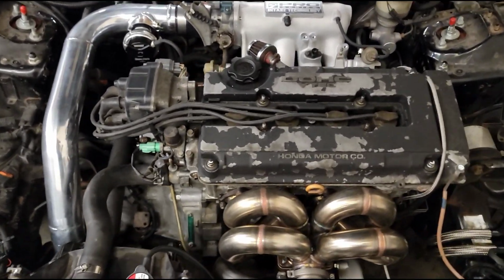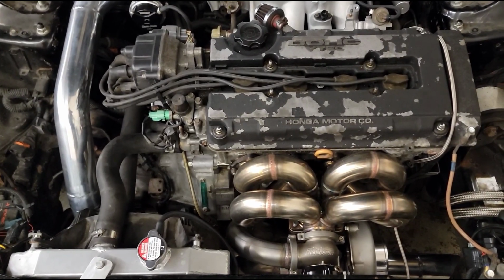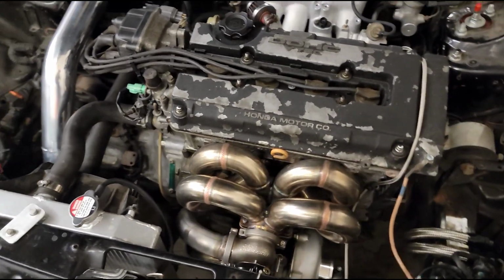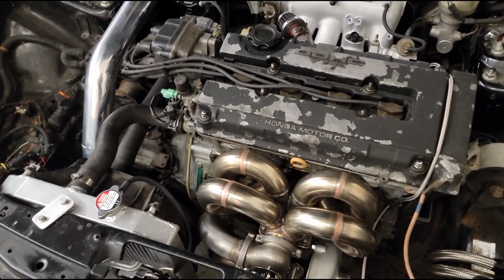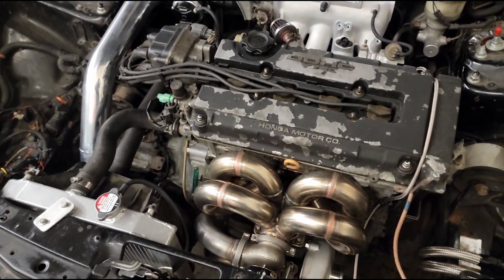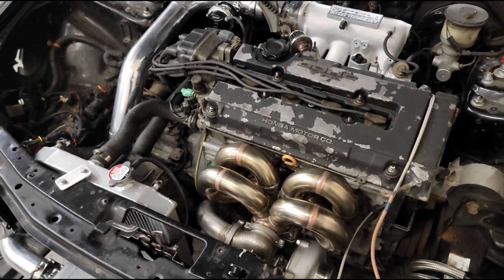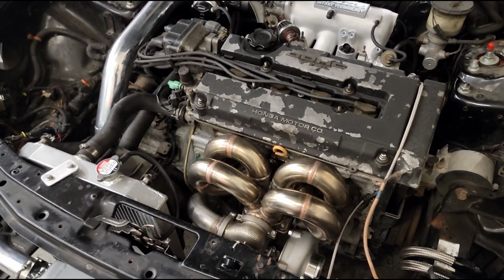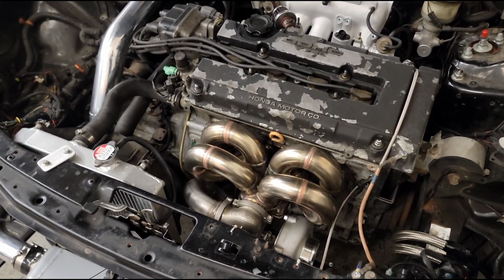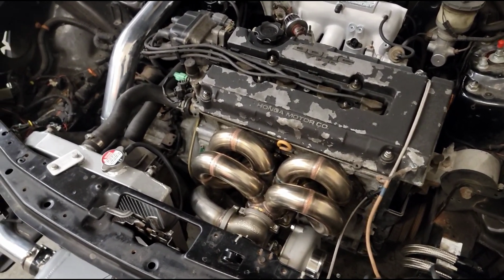So this kit, going into detail, is geared towards exactly what it sounds like, a street setup. Now we know his goals and we know his power. And we knew his budget. We went slightly over the budget, and I actually covered that out of my pocket because we want it to be 100%. If we went over 100 or 200 bucks, no big deal. That's how I've always run my business. Now, with that being said,